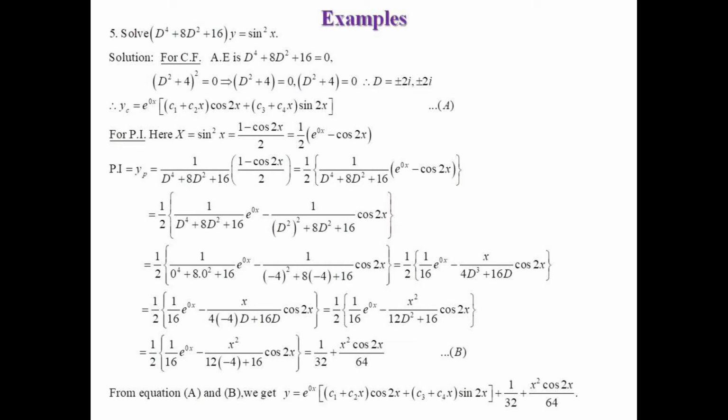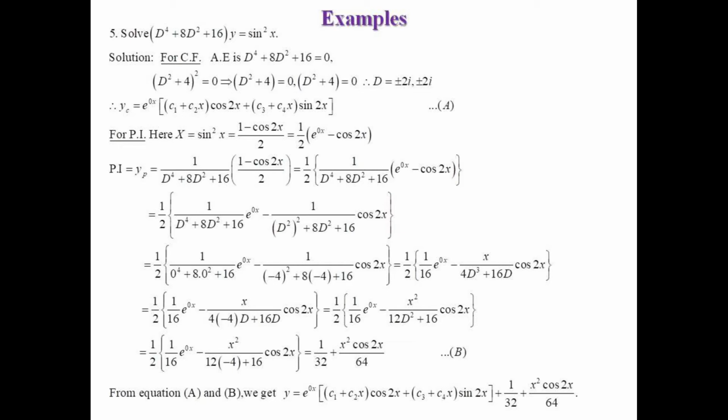raised to 0x minus. Once again replace D square by a square, but in the denominator the D cube term is there, so we can write D cube as D square into D. So D square is minus 4, that means 2 square is 4 with the minus sign attached, plus 16D. We are not replacing D, because as per the result we only replace D square by a square, so we can keep 16D as it is, into cos of 2x, which is equal to 1 upon 2 in bracket 1 upon 16 minus, once again